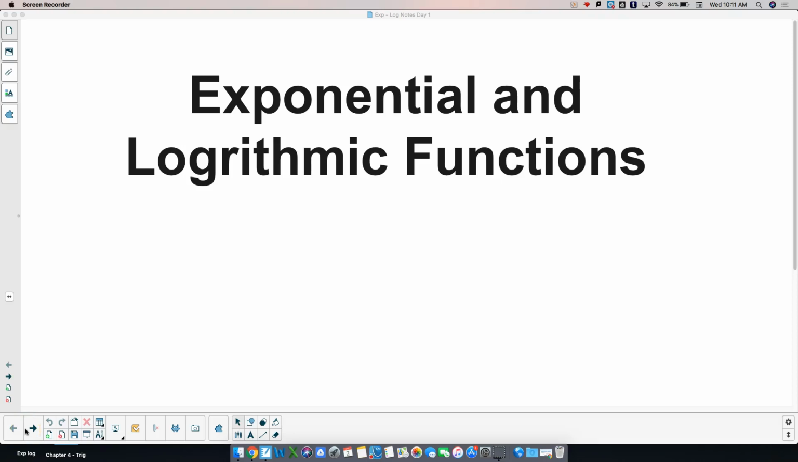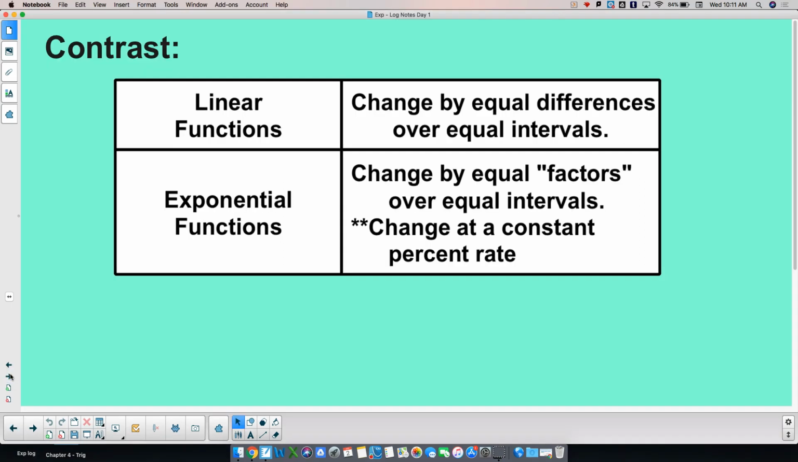Okay, so 5 properties today that we're going to talk about. Before we start talking about the properties, let's talk about what makes an exponential